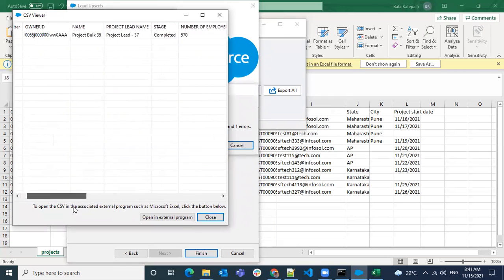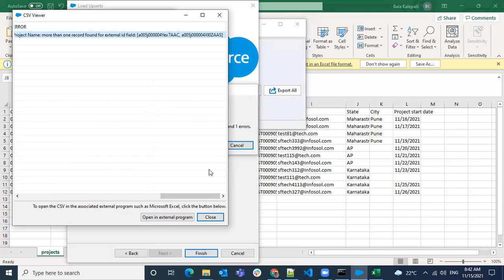So I'm using name as an external ID, right? But even though it's external, we have not made it unique. So there are duplicate records. So when it finds multiple records with the same external ID or key data, then you will get an error like this.